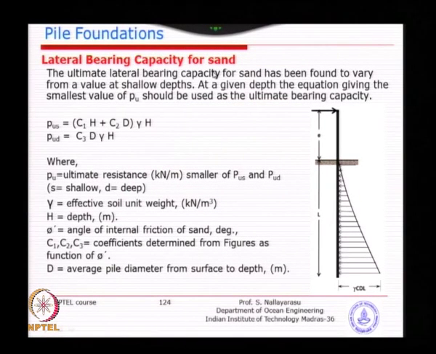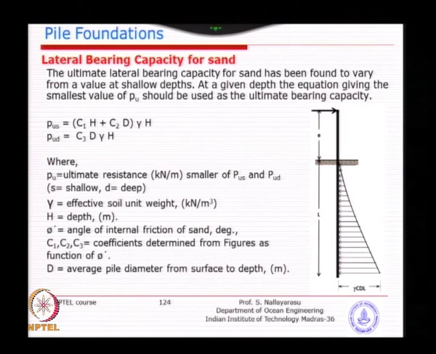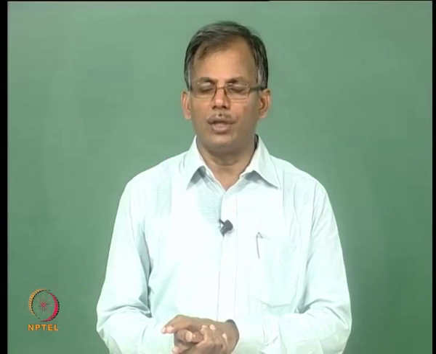For a sandy material, the principle is almost similar, only the formula is a little bit complicated. In fact, in the work done as early as the 1970s, quite a few empirical formulas were available, but later part of the 1980s, people came up with a slightly modified formula which was adopted by API. So, the ultimate resistance of soil like granular materials against horizontal loading is determined by a highly empirical formula.